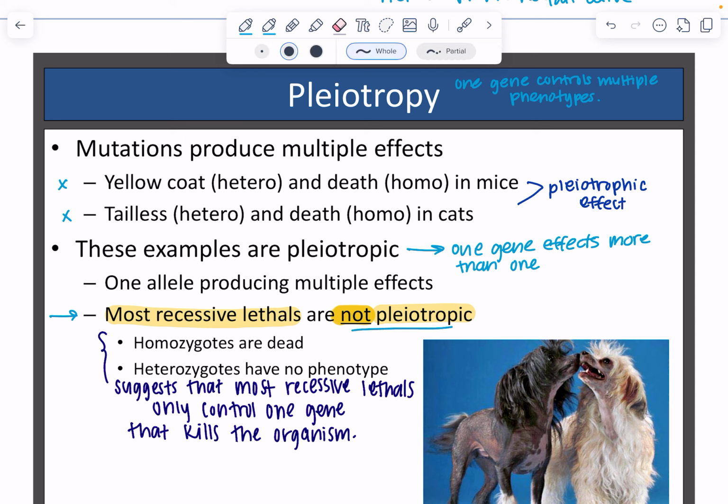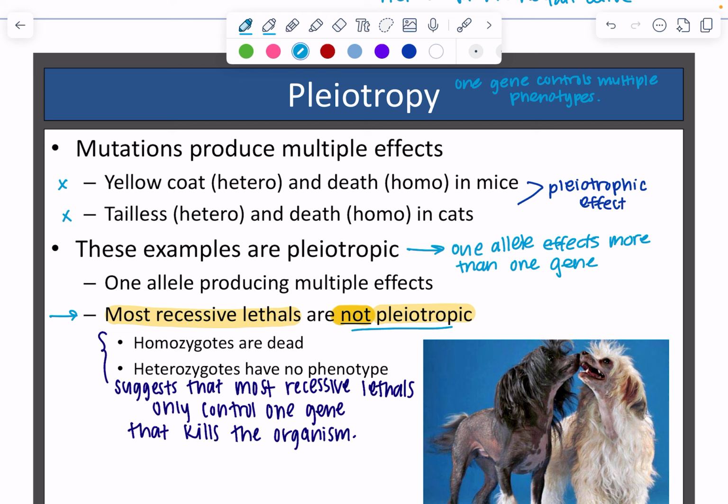I guess it's one gene, mutations produce multiple effects. Oh, one allele, sorry. One allele affects more than one gene. That's what pleiotropic means. And most of the recessive lethals are not pleiotropic, which means they don't usually